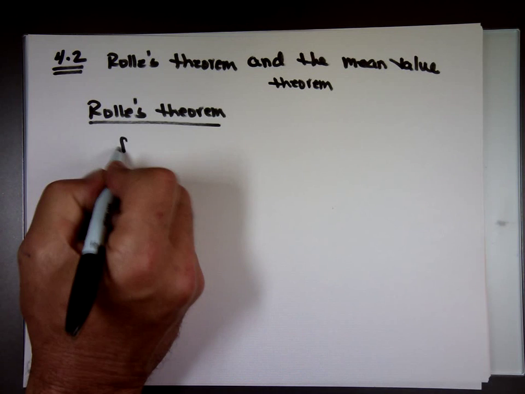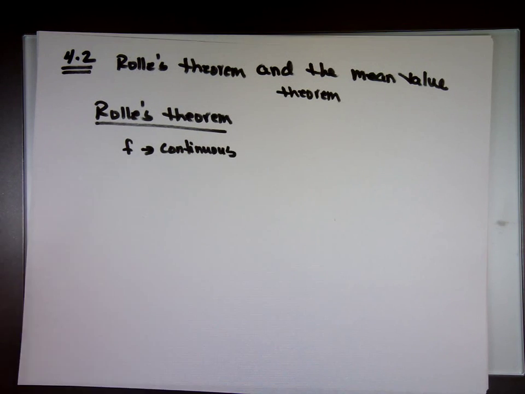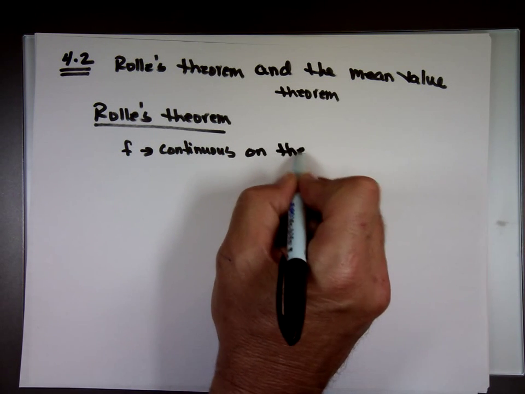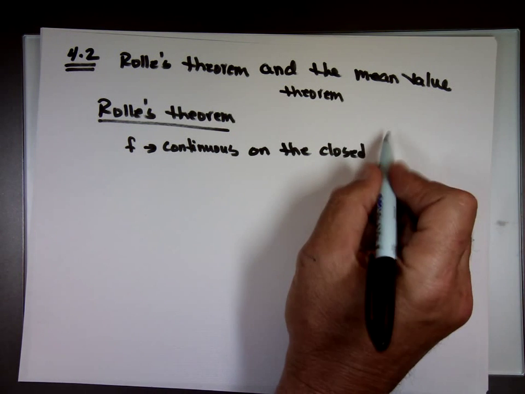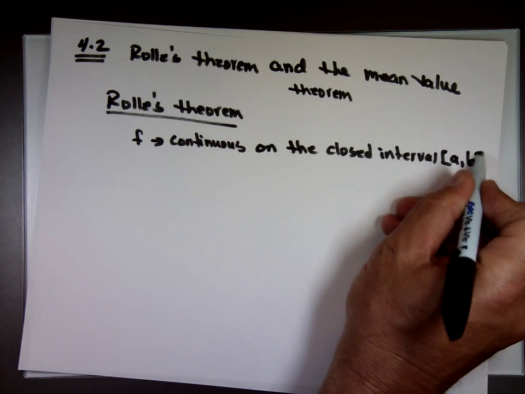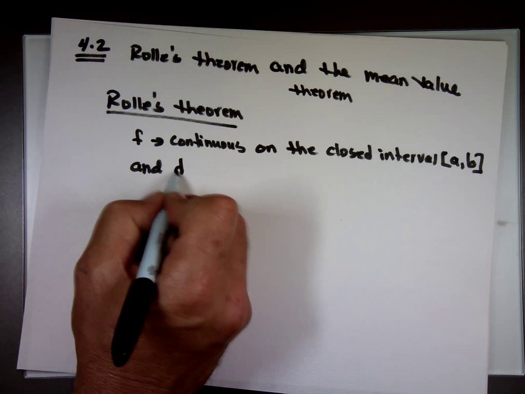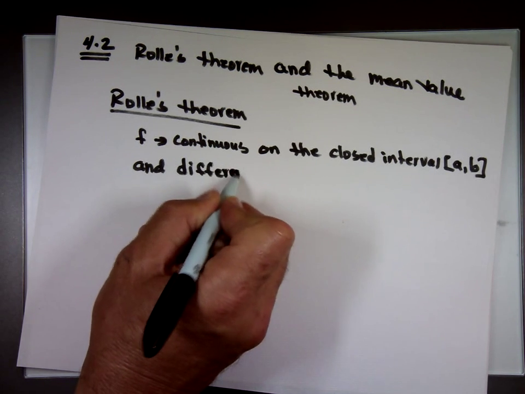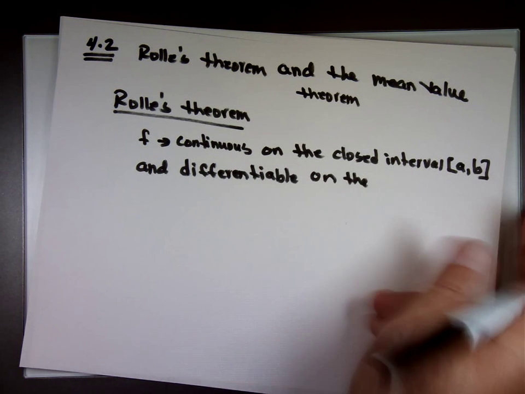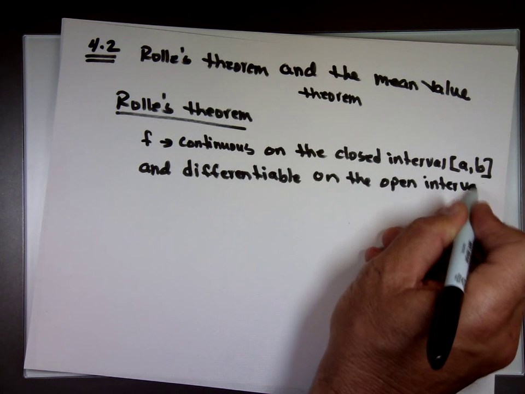If we have a function f that is continuous, has to be continuous, on a closed interval from A to B, and the derivative exists for every point, differentiable, on the open interval (can't take the derivative at the endpoint) from A to B,